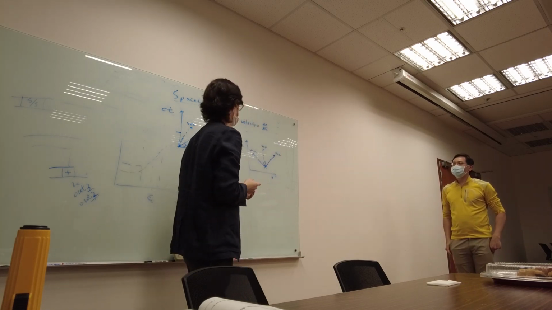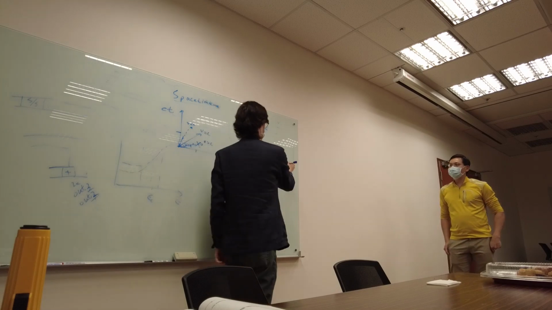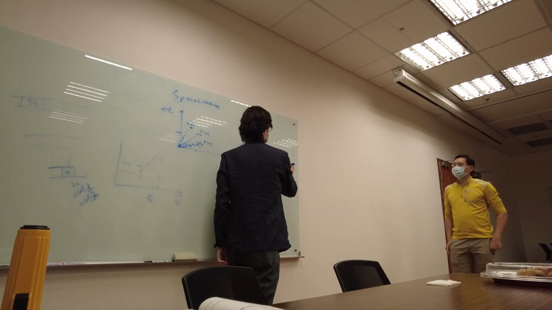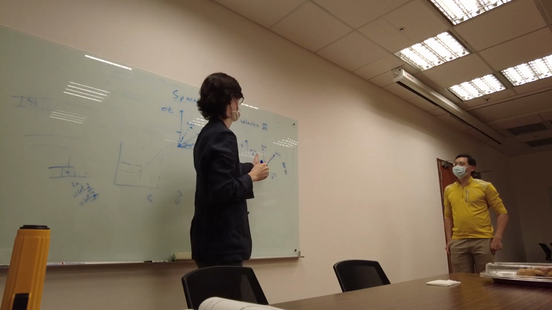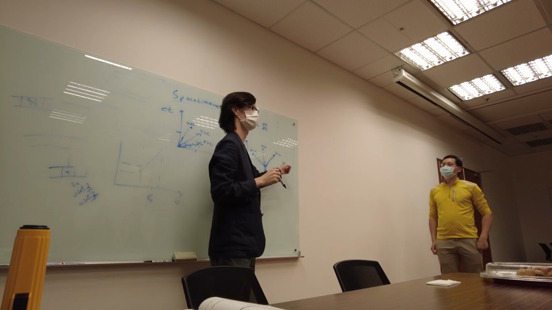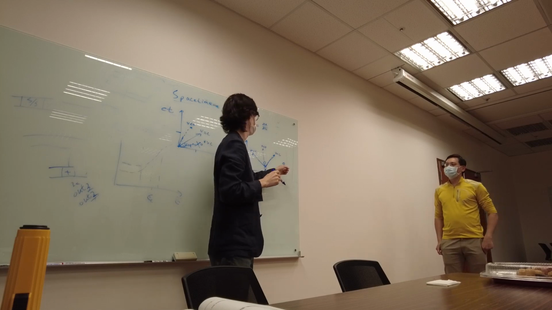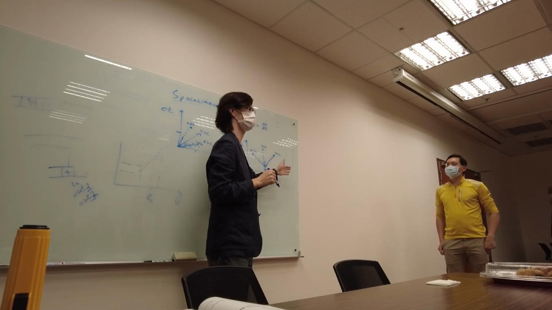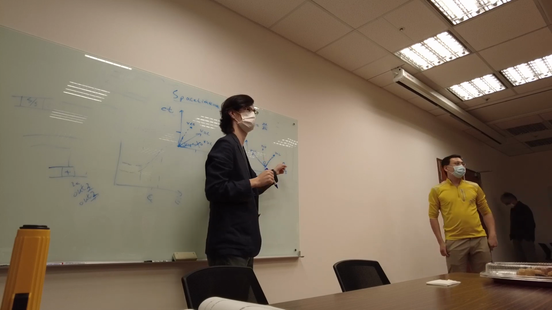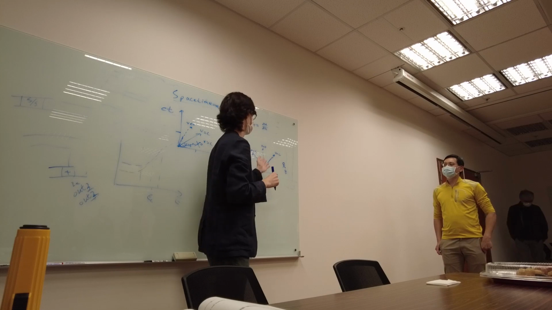So if he had a friend that lived over here, let's say this is Alice and this is Bob. If Alice has a friend that lives over here, well, she can never meet Bob, because she would have to travel faster than the speed of light to talk to him.